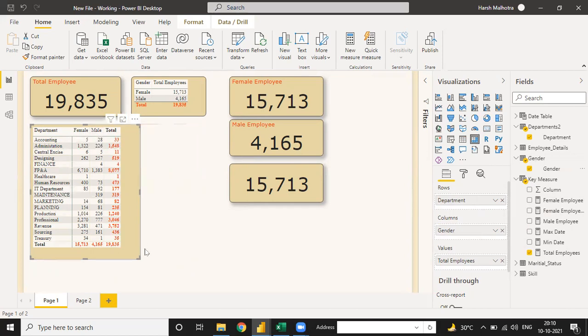So tell me, if in the card I need the designing department for male, it is 257. If I need only male for the designing department, how do we calculate? Because in this chart we have two filters. So for two filters, I'm going to show you how to calculate.